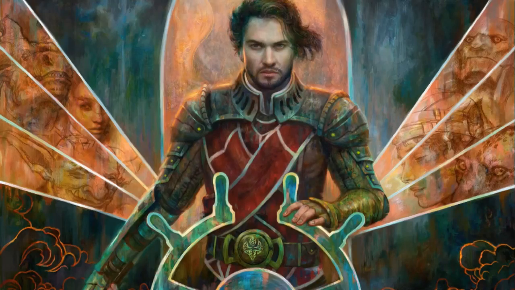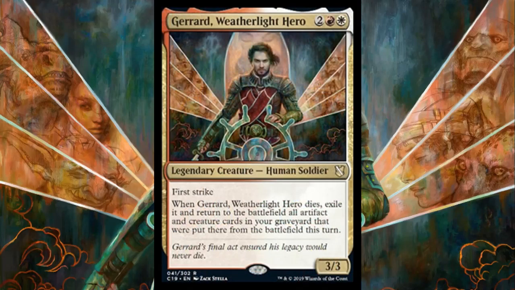And then August 3rd, just 2 cards I see here. Gerrard, Weatherlight Hero, 4 mana and Boros colors for a 3/3 legendary creature, human soldier with first strike. When he dies, you exile him and you return to the battlefield all artifact and creature cards in your graveyard that were put there from the battlefield this turn. I don't believe he's going to be a good commander option because you do have to let him die first and then he exiles. Just wanted to make a quick video here, so if anybody knows the actual ruling,